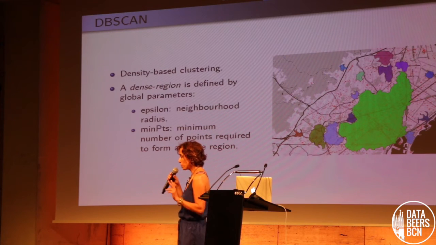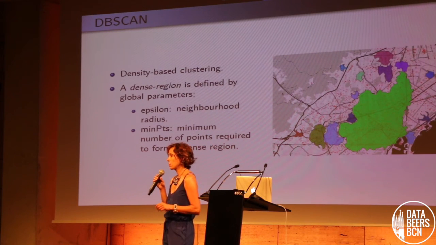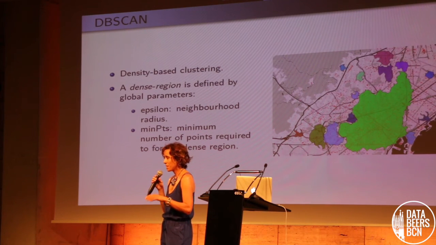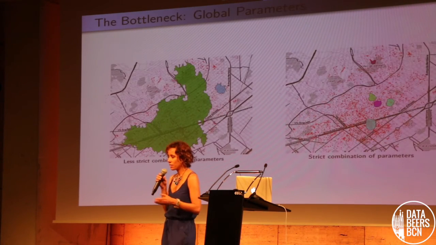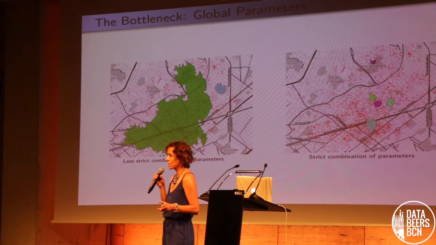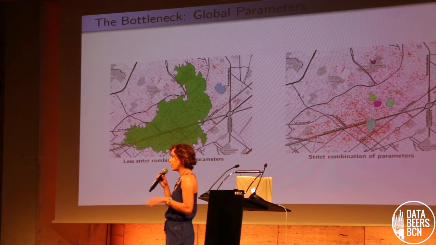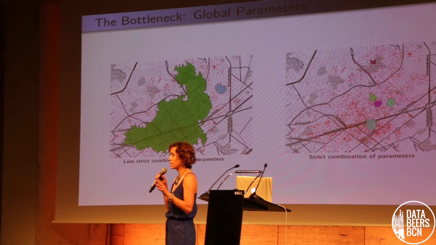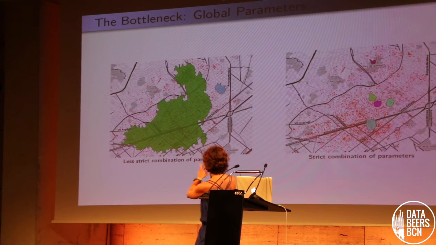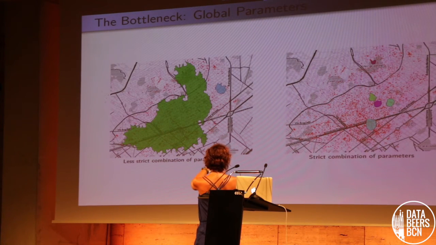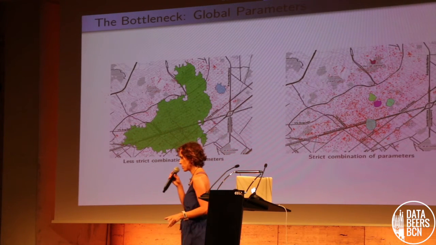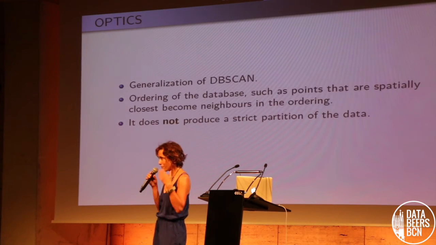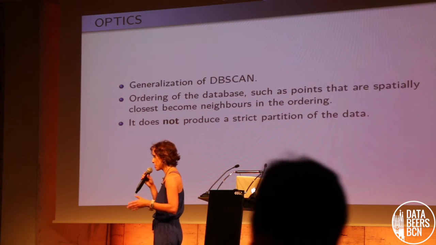These two global parameters are actually one of the major bottlenecks of DBSCAN. Why? First, because parameters are hard to configure. And secondly, because they are global, they fail to detect clusters in areas with varying density. You can see in these two examples how different combinations of parameters yield very different results. To overcome this bottleneck, which I don't have time to explain further, but I can explain more in questions,